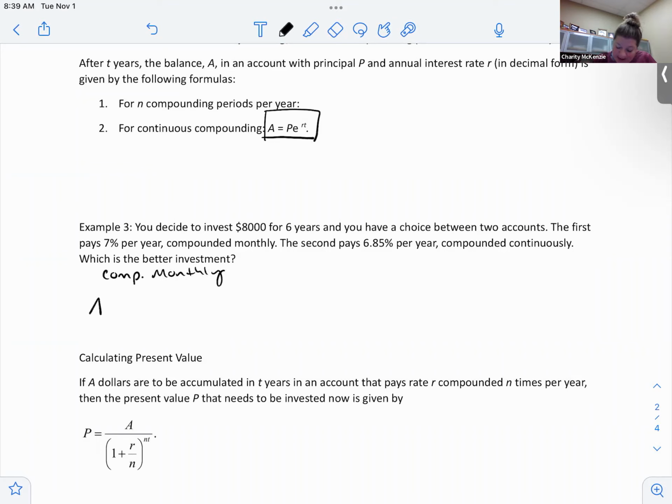We're going to have our A equals, how much are we starting with? 8,000. 1 plus our rate of 7%. Compounded monthly means a 12. Okay, 12 to the power of 6 years. So compounded continuous